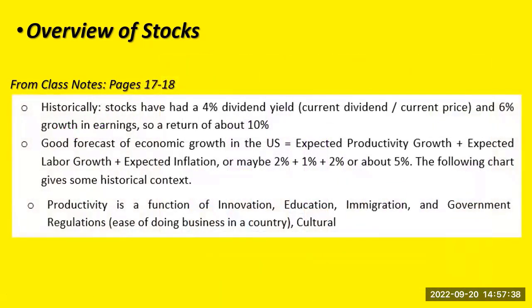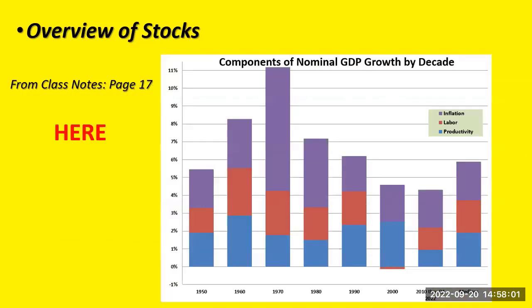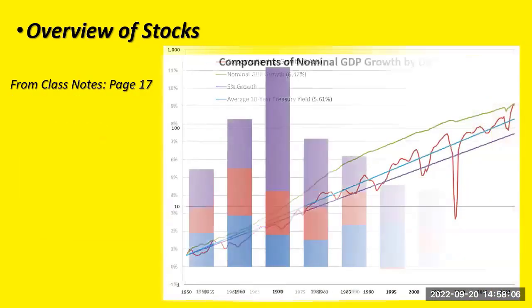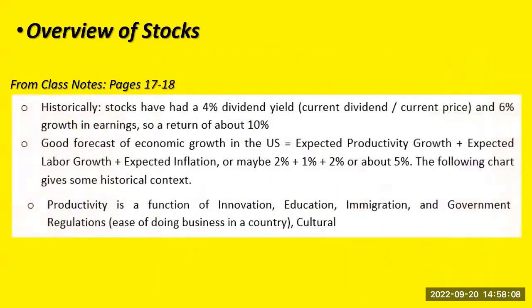Pretty important stuff. So historically, stocks have given us a 4% dividend yield. We know today it's like 1.5%, but we might adjust that up to 3% because of stock buybacks. So dividend yields are low, but they may not be as low as that looks like. But historically, we've gotten 4% dividend yields. And in earnings growth, you saw about 6%, 5 point, what was it? I can't remember, 6.41. So 6% earnings growth. So historically, stocks have given us about a 10% return.